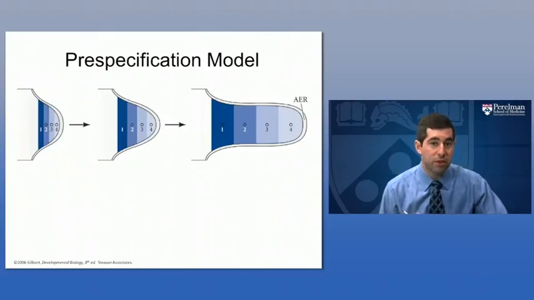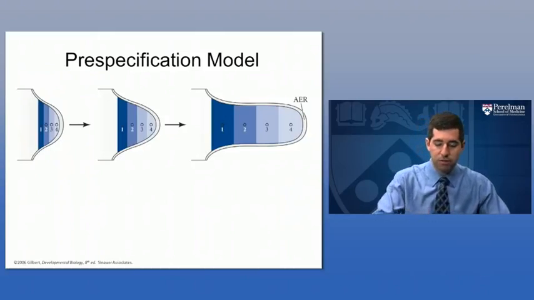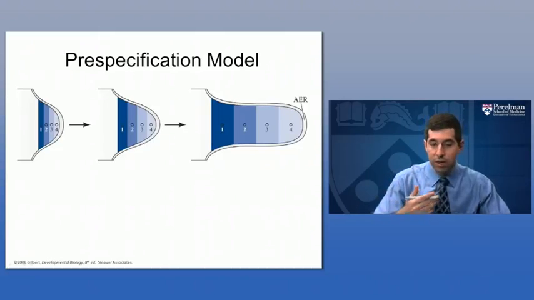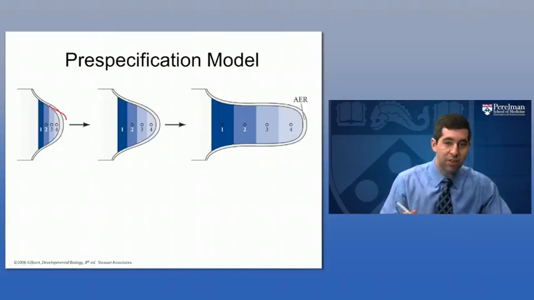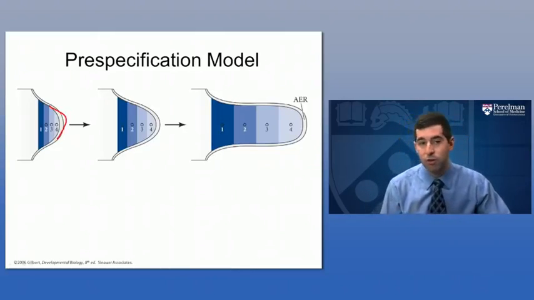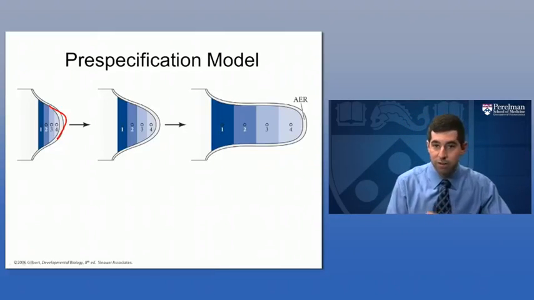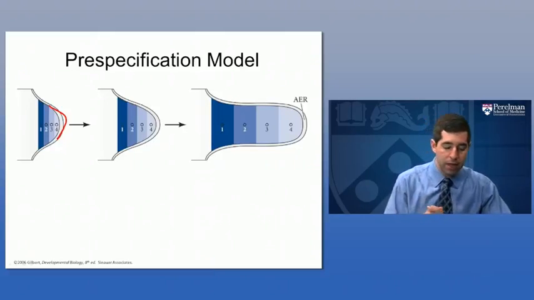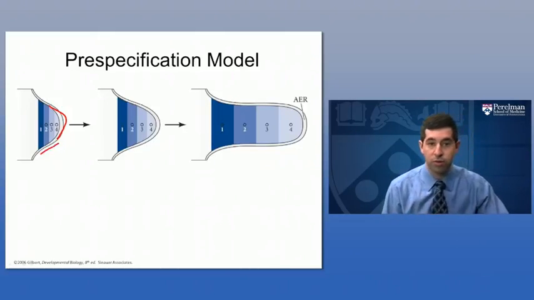The other one is prespecification. And the idea in the prespecification model is that it's not that the apical ectodermal ridge is causing each individual portion of the upper limb to break off and then develop into those tissues. The idea is that the apical ectodermal ridge is there, and it's involved in patterning, and it's involved in signaling, so maybe it's a proximity to the apical ectodermal ridge that determines what kind of tissue it becomes. But even before we actually have true growth of the limb, it's already been determined what those different cells are going to be